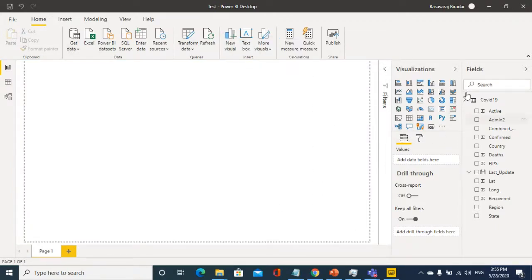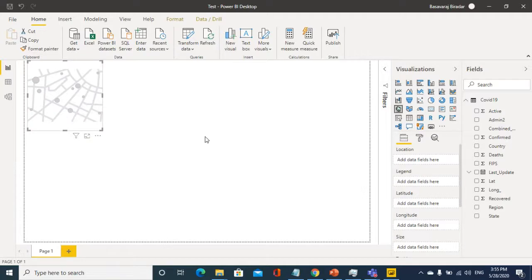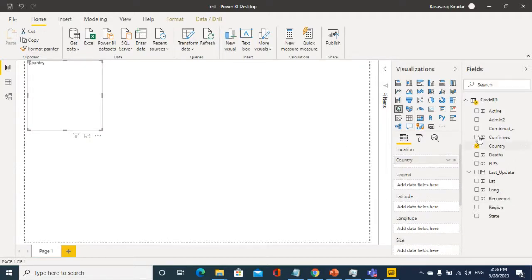These are the default visualization controls which Microsoft ships with Power BI, and this is the dataset which we have prepared, and this is the report viewer. Here you can generate various reports. Let's start generating reports. Let me put a map control, and in the map put the countries and the confirmed cases.